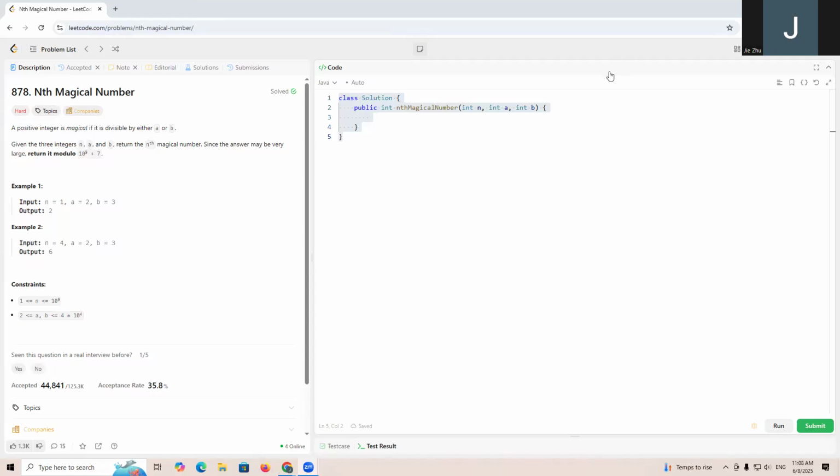Let's go through the code 878, nth magical number. It gives us integers a and b, and we need to find the nth magic number. A magic number is a number which is divisible by a or b. For example, the first magic number is 2, and the fourth magic